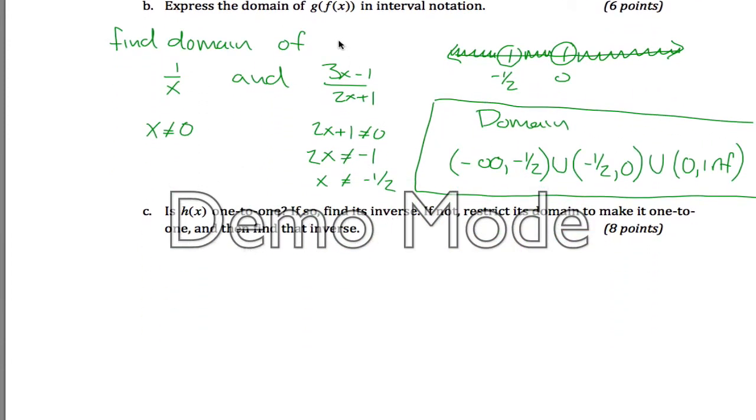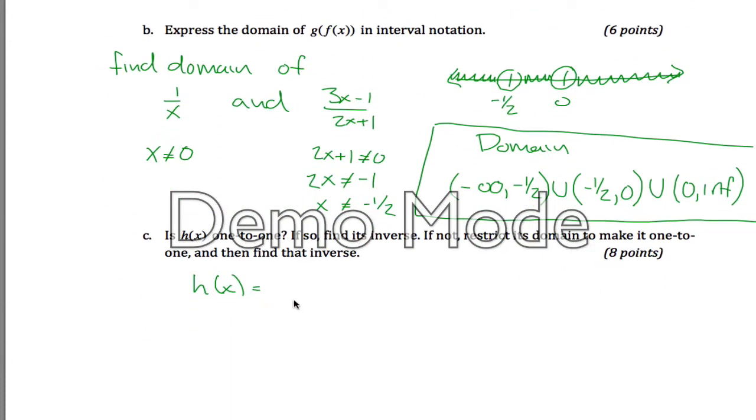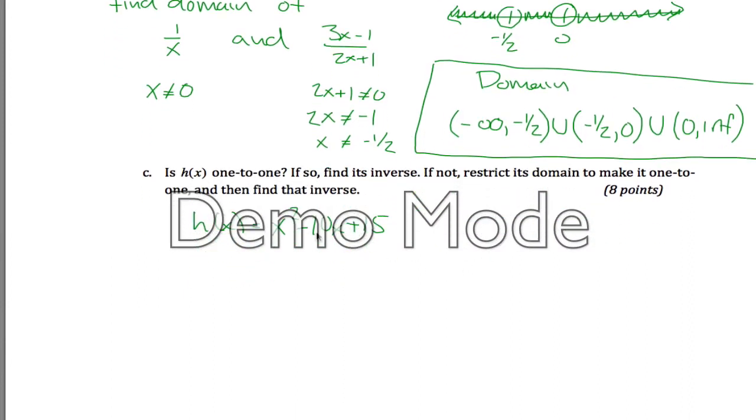Lastly, is h of x 1 to 1? Okay, so first of all, what was h of x? Maybe I'll write it down here. x squared minus 10x plus 15. Is it 1 to 1? It is not 1 to 1. You can argue that several different ways, but the basic idea is because this is a standard parabola with some shifts going on. So if you picture the graph of that, it wouldn't pass the horizontal line test. So this is not 1 to 1